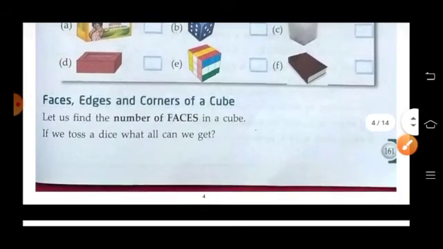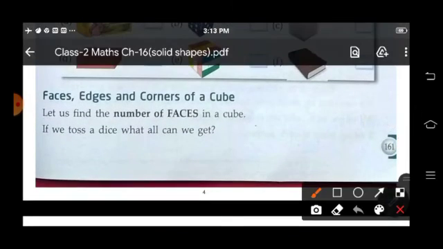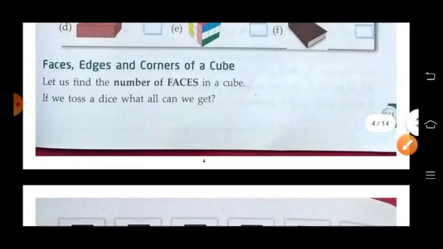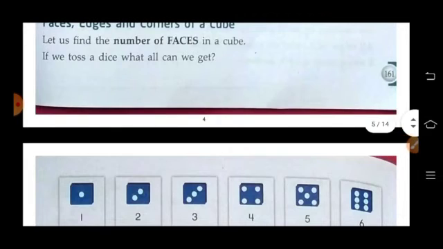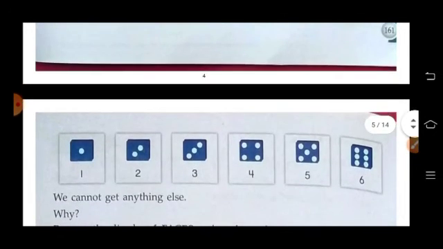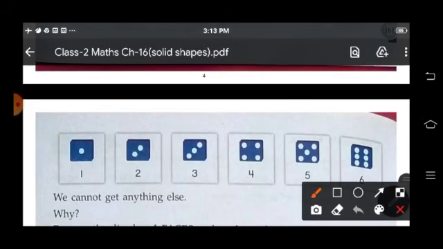Faces, edges and corners of a cube. So let us find the faces in a cube. What do we do when we toss a dice? What will we find? 1, 2, 3, 4, 5, 6.